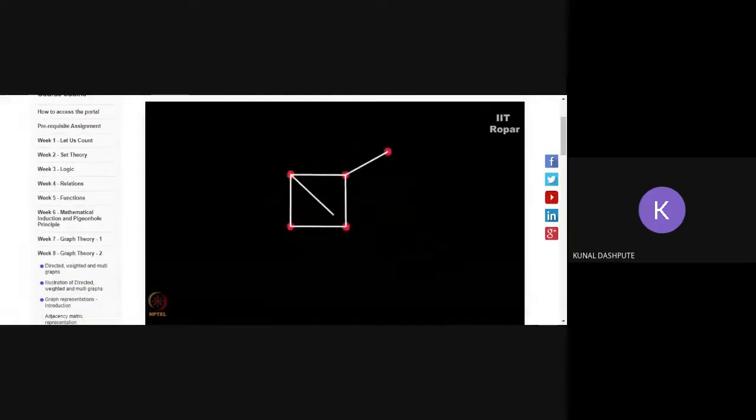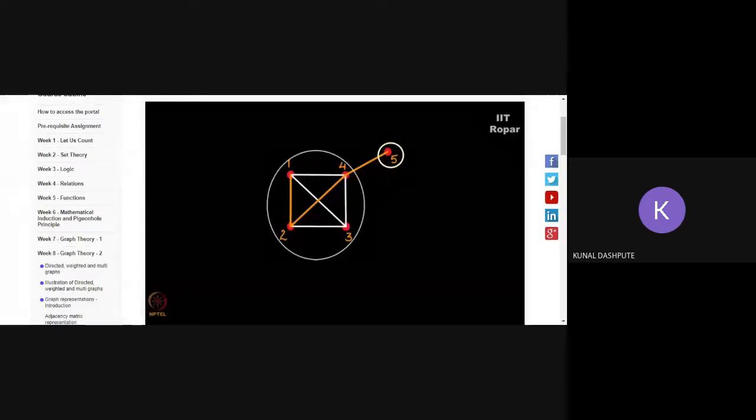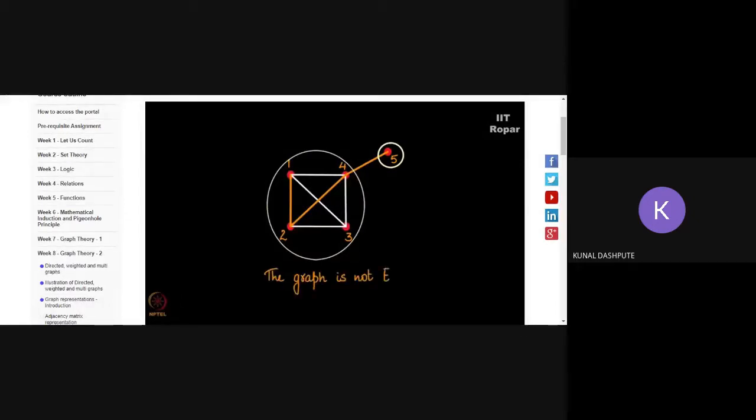Consider this graph, 1, 2, 3, 4 and 5. I'll start from 1, 1 to 2, 2 to 4, 4 to 5. You see, I have got stuck here. I have to again come back from 5 to 4 in order to come back to this portion, right? Now, can I do that? I cannot do that because I'm going to repeat this edge. And hence, this graph is not Eulerian. I can stop the process once I encounter such a situation. This graph is not Eulerian.